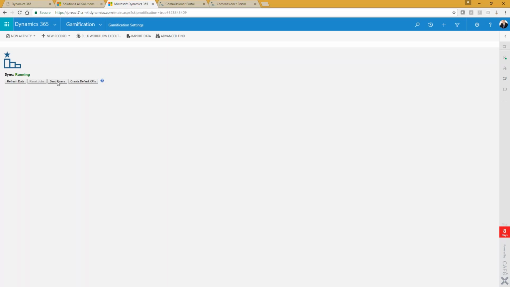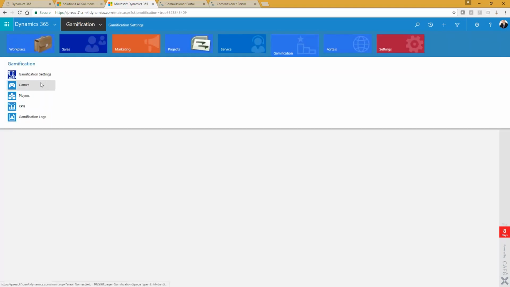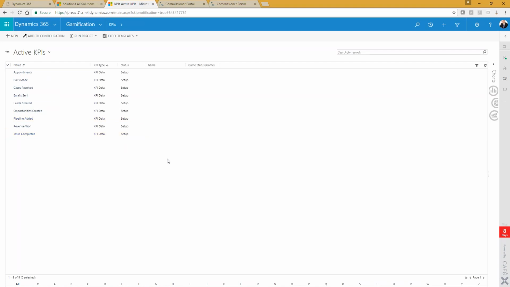First thing you'll need to do is send your users to the gamification portal. So pick up all your Dynamics 365 users and send them to the portal to become gamification players or whichever role they want to. We'll come on to roles a little bit later on. But the main items in the CRM side of gamification are the games, which indicate what games are currently running, the players, as you would expect, these are the people who can take part or play with the games, and the KPIs, the most important part, which will be what actions are being tracked within the Dynamics 365 system, which will enable users to create scores and effectively compete with each other.